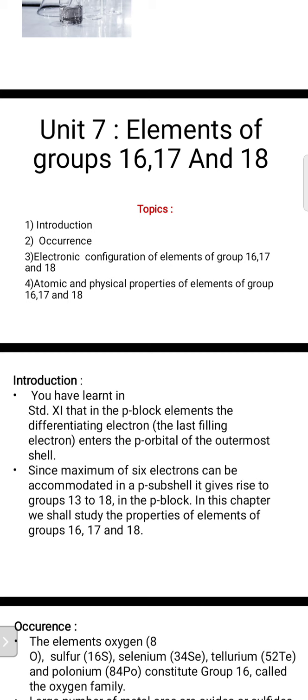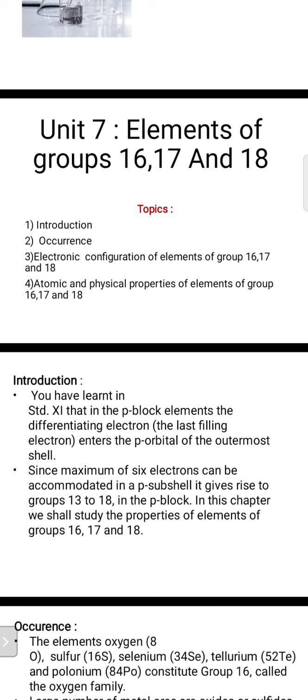Since a maximum of 6 electrons can be accommodated in the p subshell, you know the capacity of these orbitals. The s orbital can occupy 2 electrons, p has 6 electrons, d has 10 electrons, and f has 14 electrons. So the p subshell can accommodate a maximum of 6 electrons, and it gives rise to groups 13